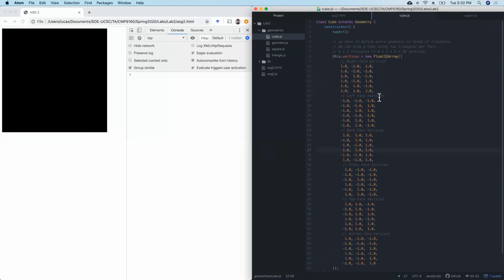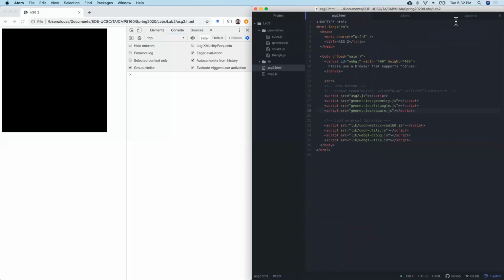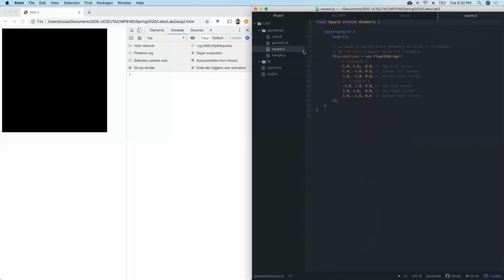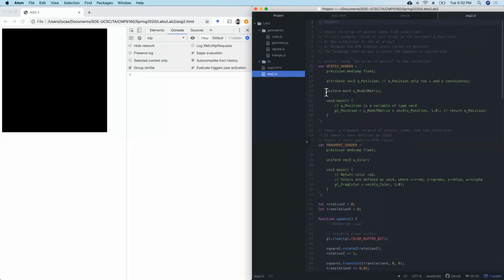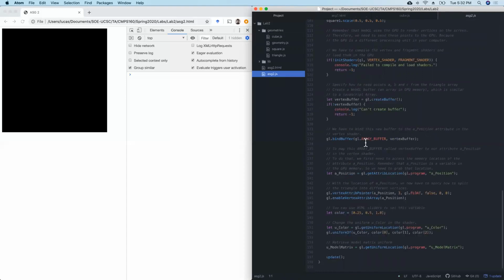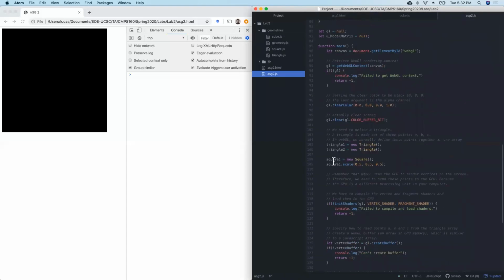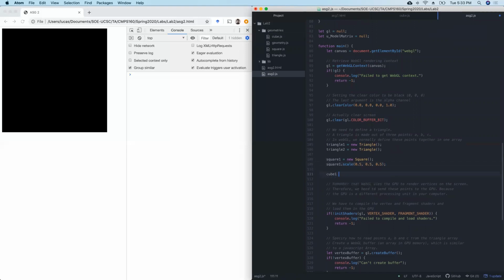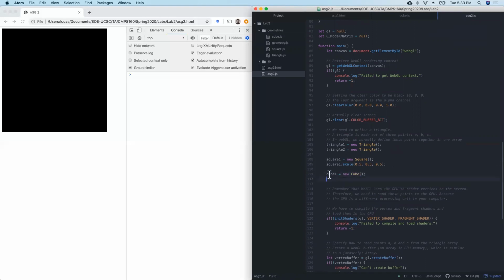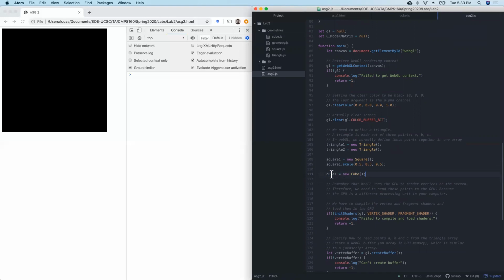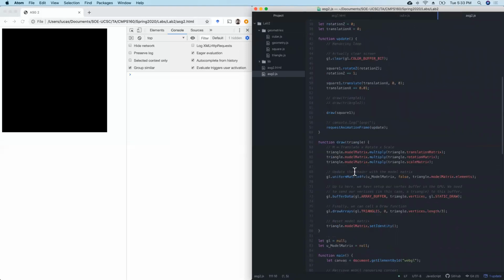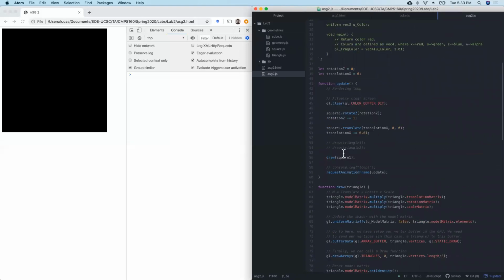Okay, so now that's it. Again, it extends geometry. Now you have a cube for free. So if we go, we have a cube in the same way as we have a square. We had a square. I'm gonna come, we can make a cube one like this, and if I draw this cube now,